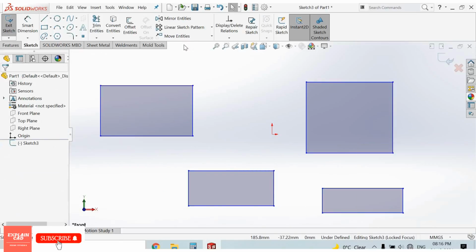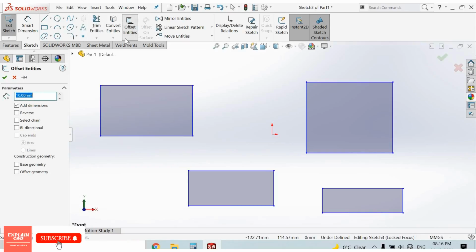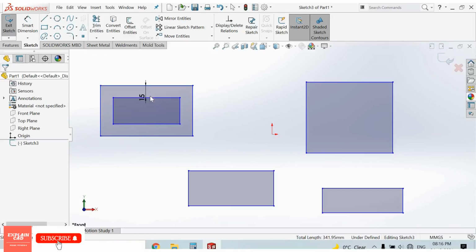Right click, select option. From here we will select the offset entities tool. First is add dimension. Here just put any dimension, 15 mm, and then select this line, this line, this line, this line. Check mark. At 15 mm